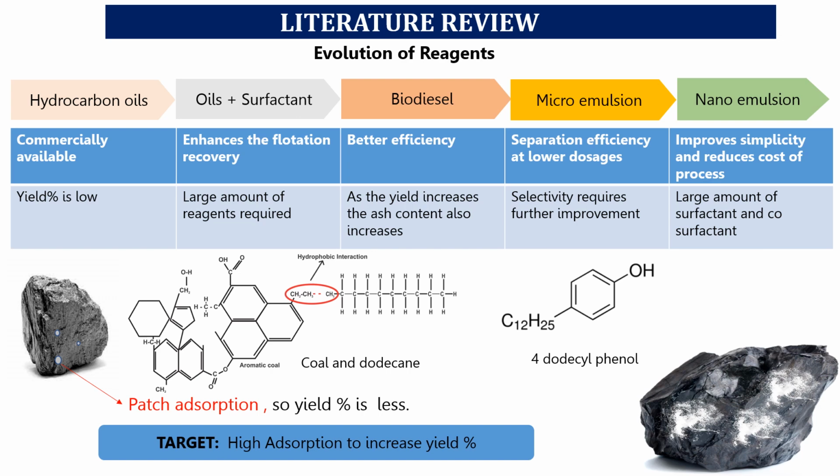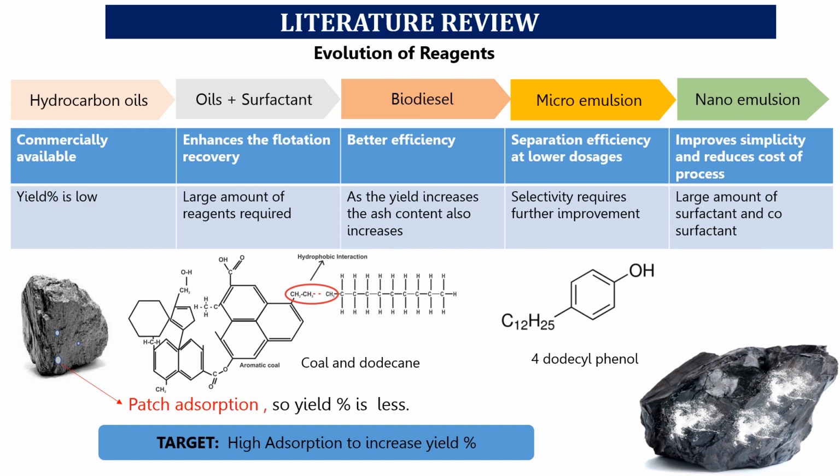Then we used oil-based surfactants, which enhance the flotation recovery, but a large amount of reagents was applied. Then biodiesel came. It has better efficiency, but as the age increases, the ash content also increases. Then the microemulsion came. It has sufficient efficiency at lower doses, but the selectivity requires further improvement. And in nanoemulsion, it improves simplicity and reduces the cost of the process, but a large amount of surfactant and co-surfactant is required. So, to get the required collector,